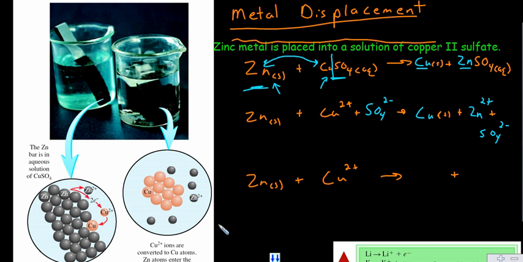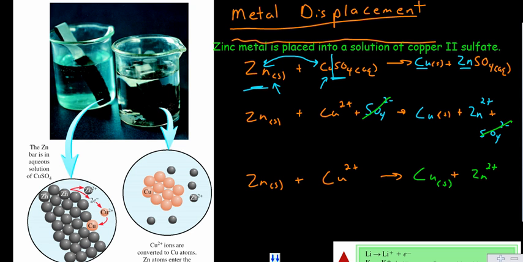Okay, and now you can cross out the spectators, and that will leave you your net ionic form. So you get copper solid, and you get zinc ion. Okay, so why do I have copper here with no charge and zinc actually with the charge, whereas before they didn't? They had no charge or a charge. There's actually an oxidation-reduction going on. You see, that zinc